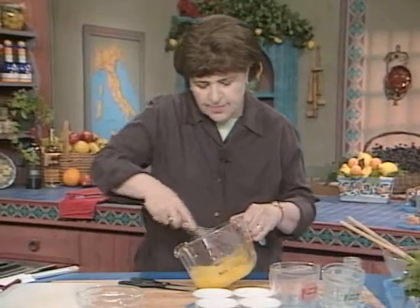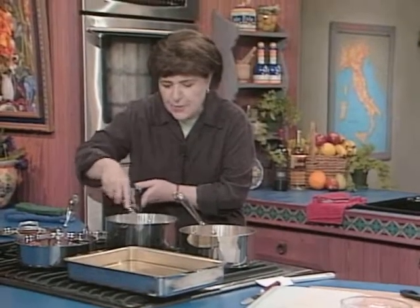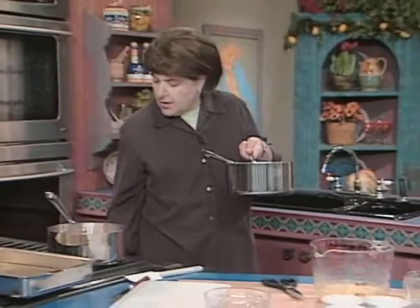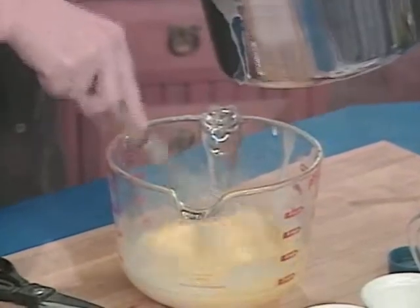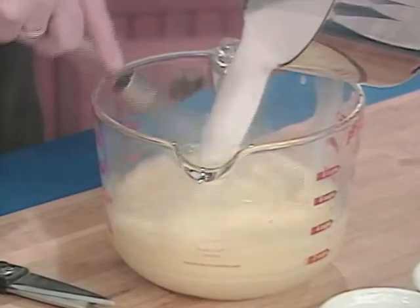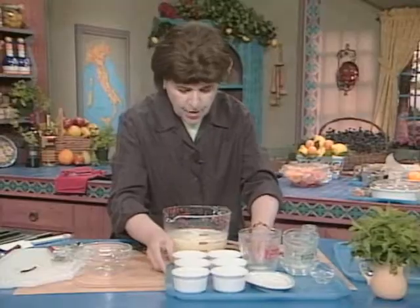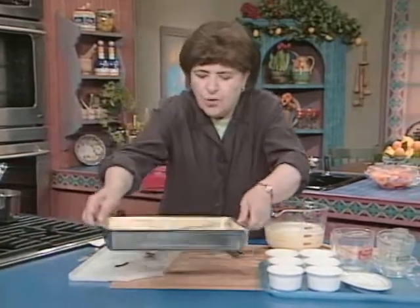So now we want to just whisk up 4 large eggs. And then we have to do something called tempering the eggs. We can't just pour the eggs directly into this, otherwise we'll curdle the eggs, and we won't have that nice texture that we want. So let me turn that off. And we want to pour just a little bit of this mixture into those eggs and mix that around before we add the rest of the milk mixture. Okay, so now we have our custard mixture,